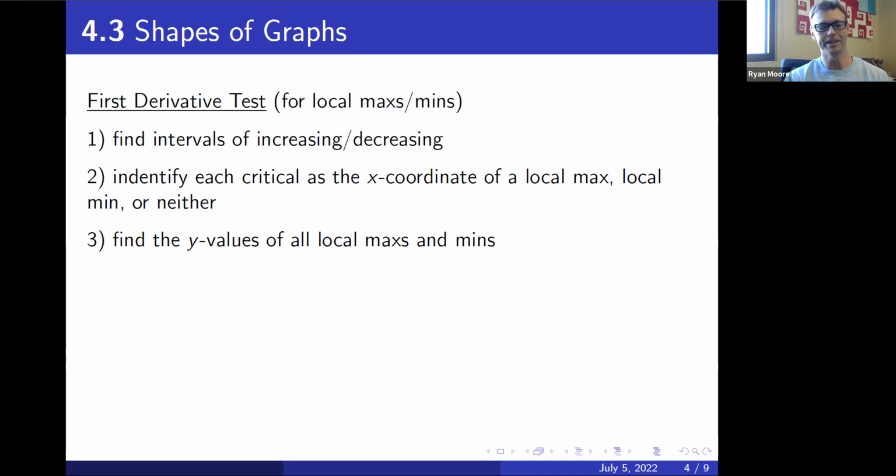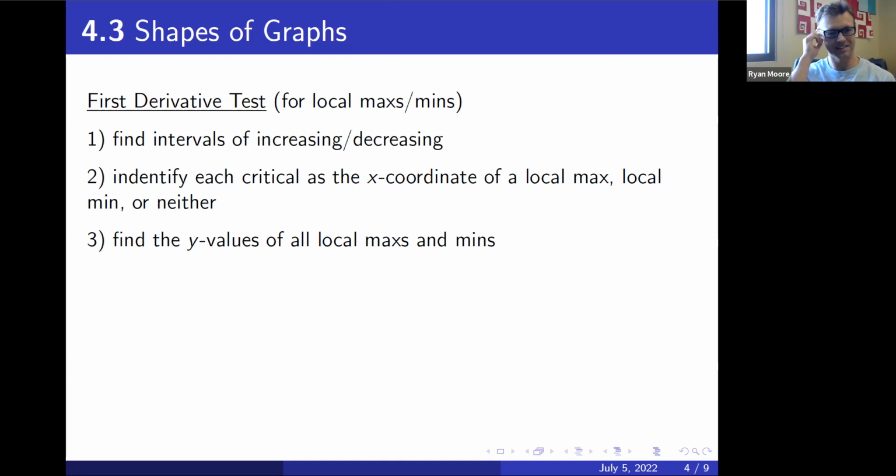And this really brings things all the way to finding local maxes and mins. We started that back in 4.1 with critical numbers. Now we can find the local maxes and mins. Okay, so the first derivative test, what we're testing for are where local maxes and mins occur. So it's 3 steps, right? A lot of these procedures are broken down into steps, and here's another one.